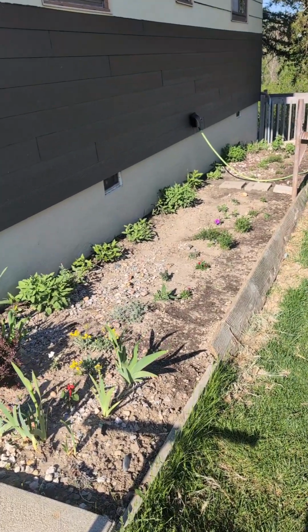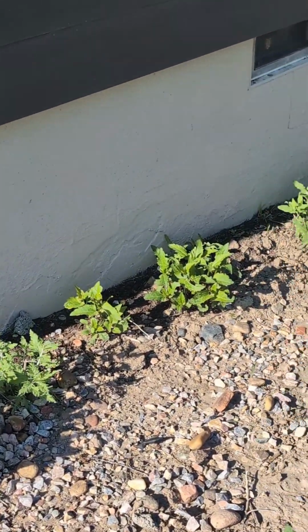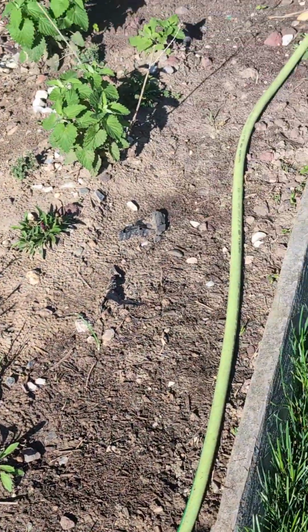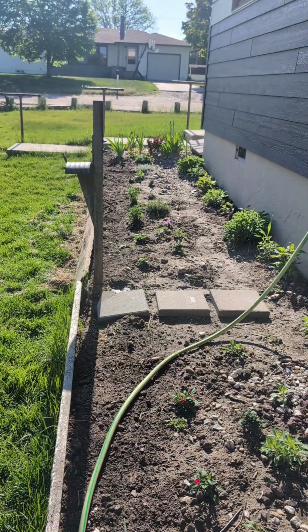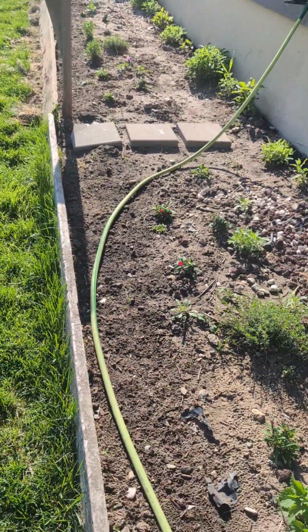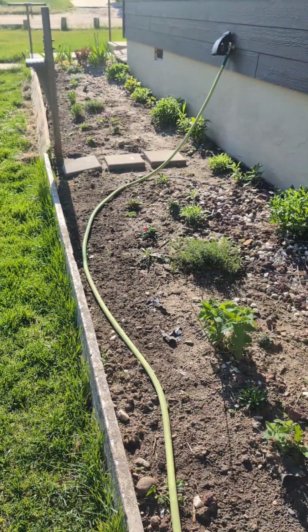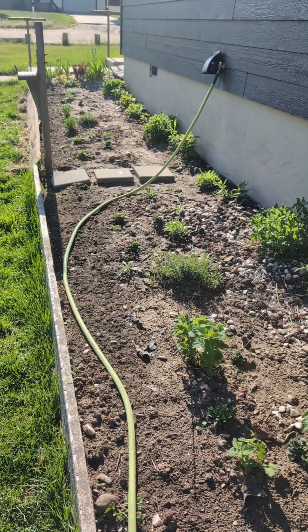I put a bunch of wildflower seeds over here, right up close next to the house. I dusted that area with a bunch of wildflower seeds. And on this side, there's like 2 long strips. Let's see, over here. So on the left side is a strip of wildflower seeds, and right next to the house I did some more. My hose has been leaking, so I have to get that fixed this year. But yeah, so I'm excited for this to be completely full of wildflowers, along with all the other flowers that